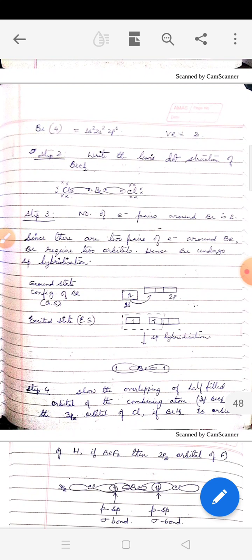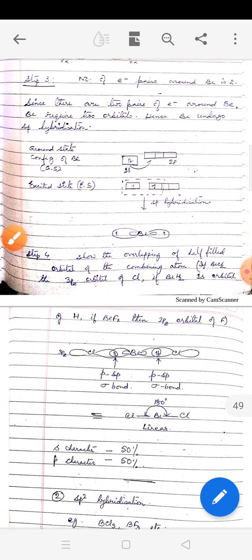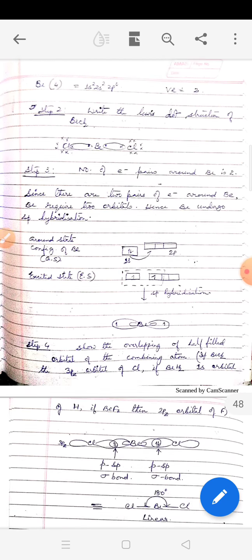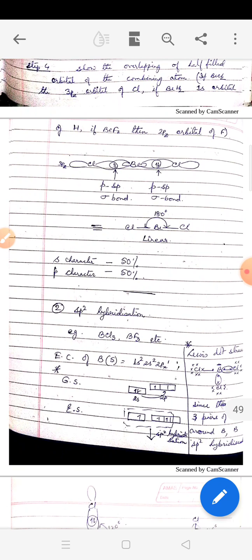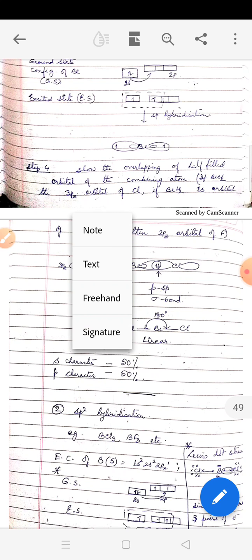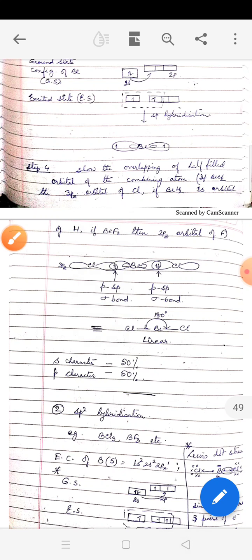So we have drawn the orbital arrangement of beryllium. Now you have to see with which element it is forming a bond. Since we have taken the example of BeCl2, it will be the orbitals of chlorine which will be involved in overlapping. The electronic configuration of chlorine we have written a number of times. So you know that the electronic configuration of chlorine is 1s2, 2s2, 2p6, 3s2, 3px2, 3py2 and 3pz1. So it is the 3pz orbital of chlorine which is capable of taking part in overlapping.